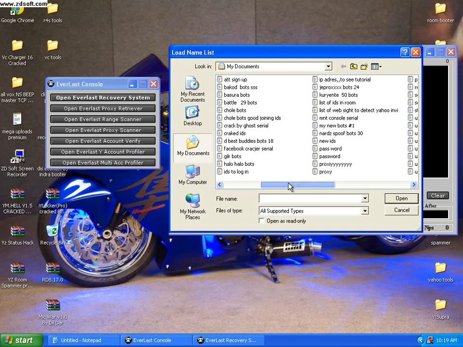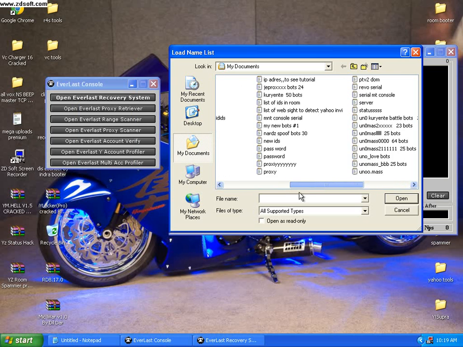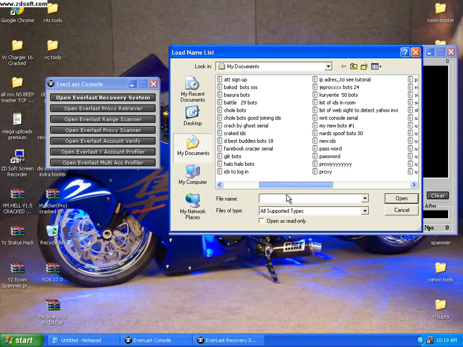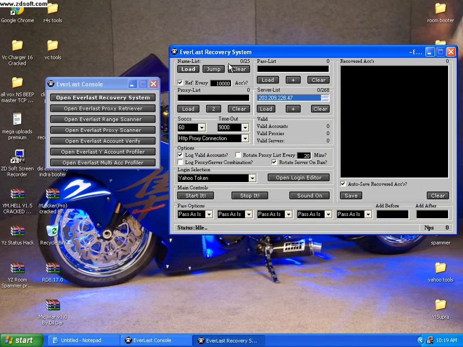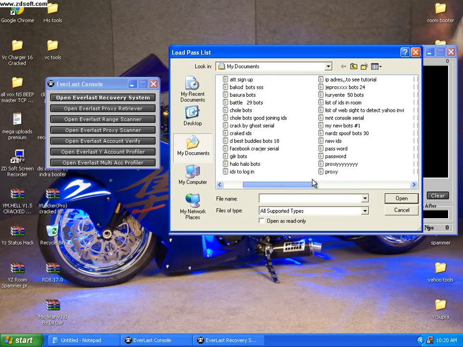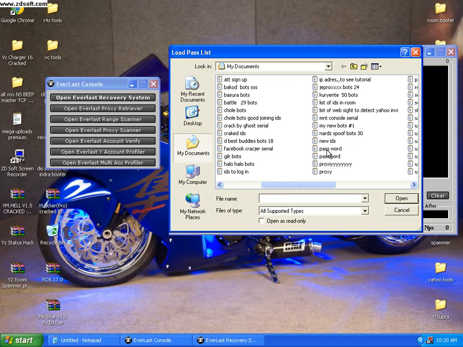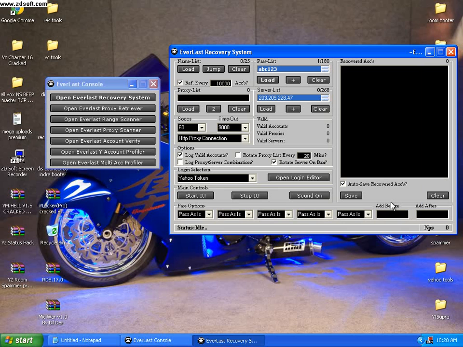Open. Now, load the password list. Loading. There it goes.